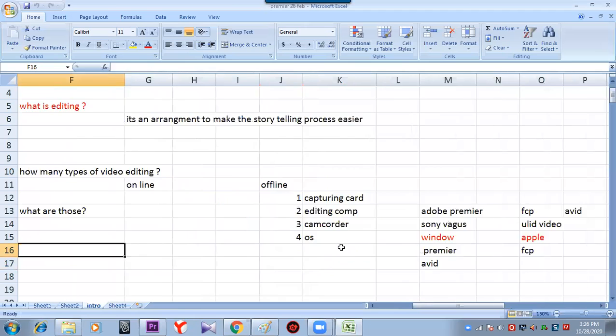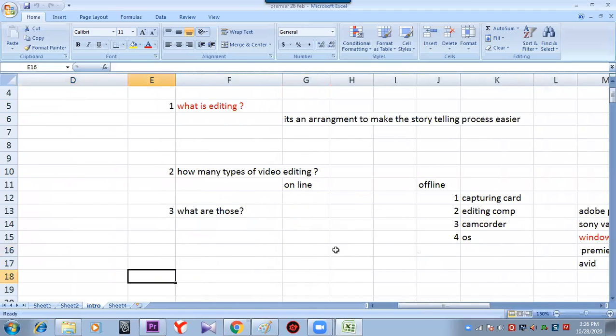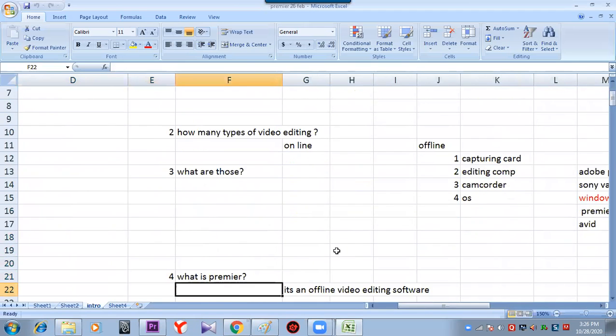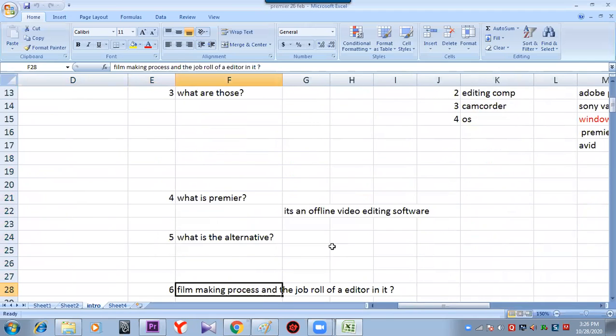So here we have understood a little bit about why to learn Premiere. Though there is a lot of software, why do you need to choose this? What are the alternatives to Premiere? Yes, a lot of alternatives: FCP and Avid. They are the 3 ruling software in the market for filmmaking: Premiere, Avid, and FCP. Avid is from the company Avid, and FCP is Apple platform based. And Premiere works on Apple as well as Windows. On both platforms, it works. It's a product of Adobe.